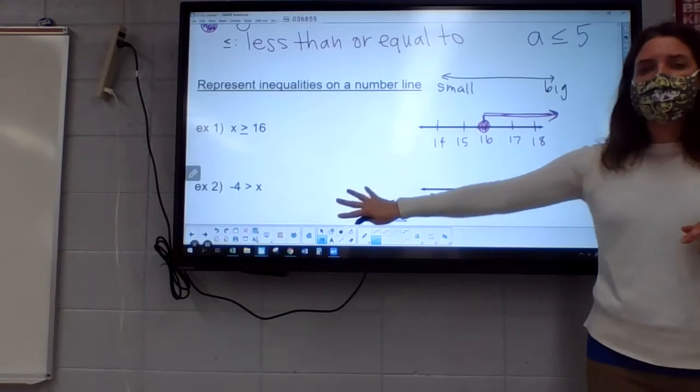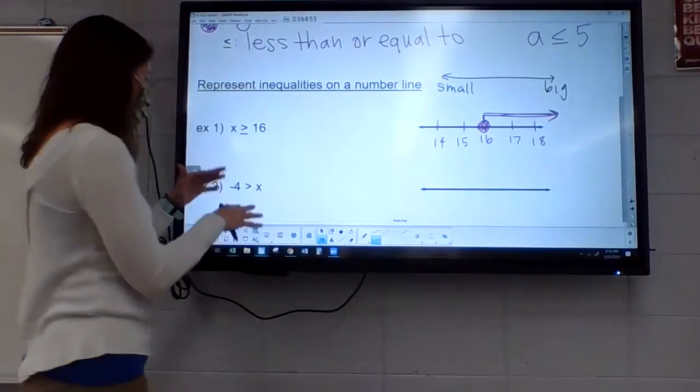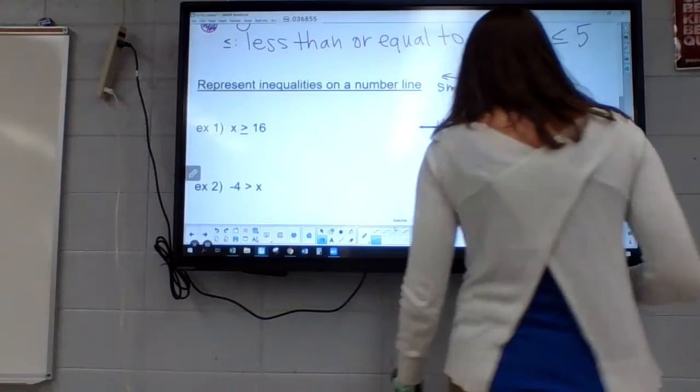Now, I'm going to show you guys this next one. This next one's a little bit tricky. First of all, because it's negative, and because it's flipped. So the inequality isn't written the same way. So we're going to talk about that in a second. But when I go to put that on my number line,